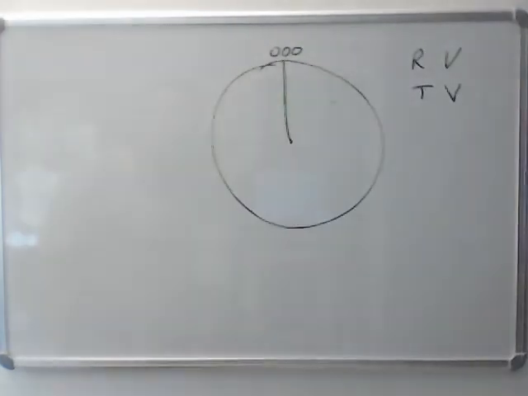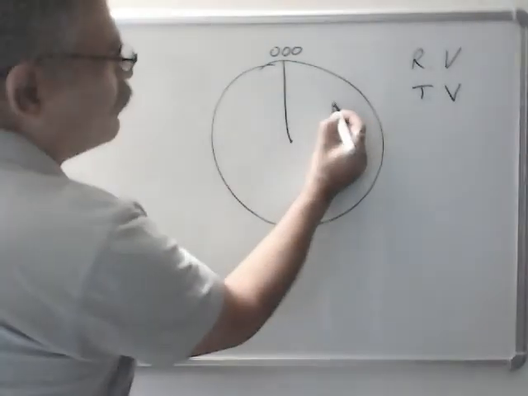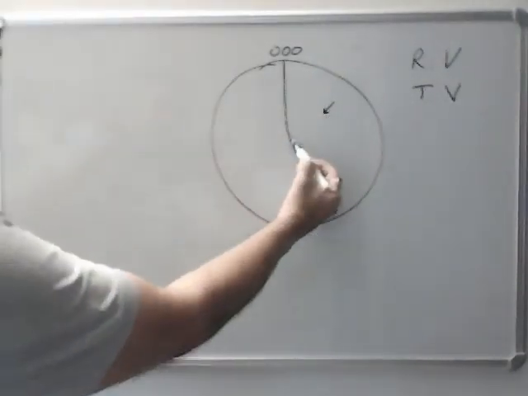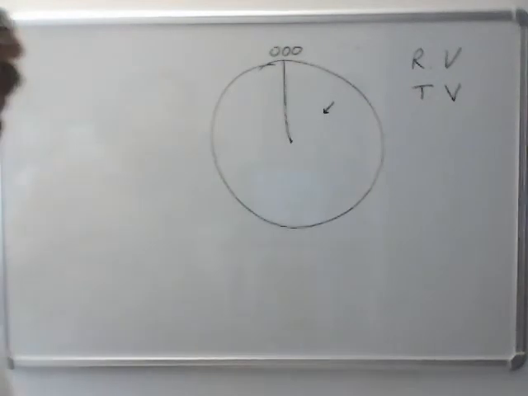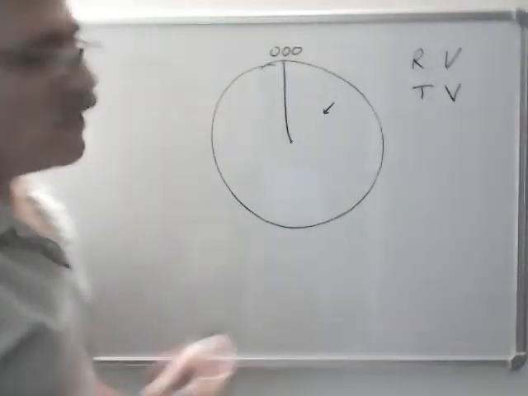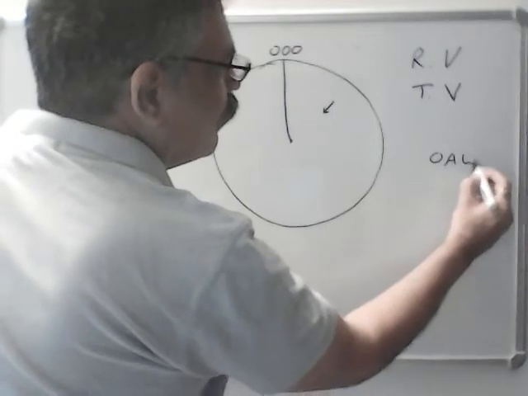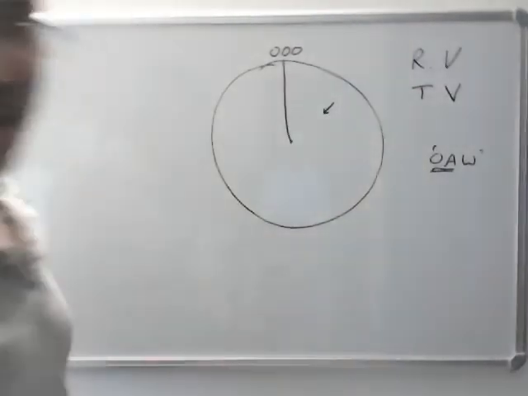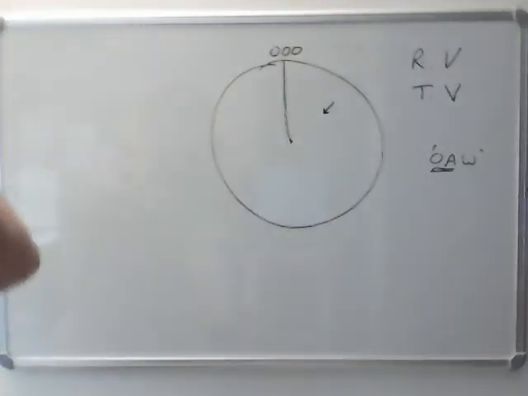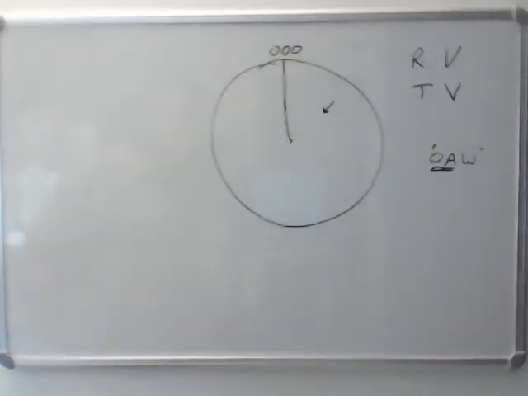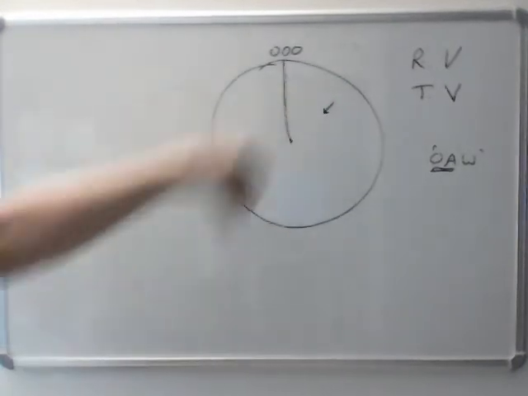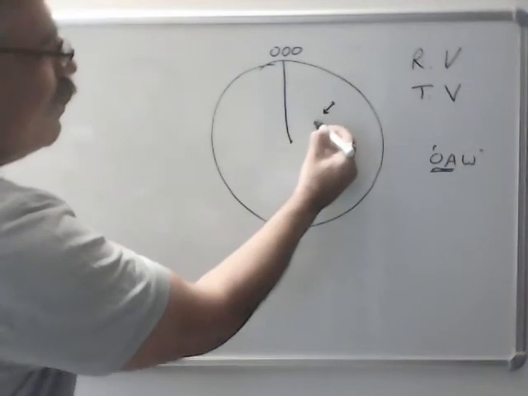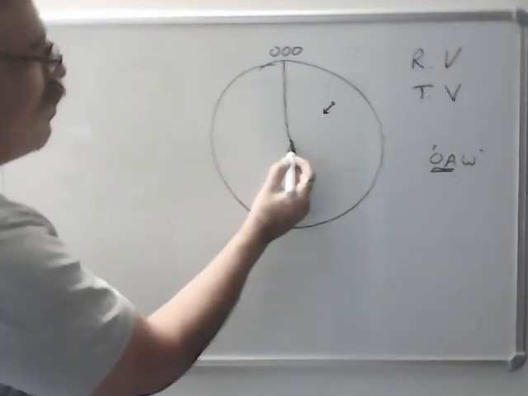Suppose you select relative vector and you get a vector like this, which is pointing towards the center. Now relative vector in the radar plotting triangle, OAW triangle, represents OA. That is the relative path of the target. How the target will move on the radar screen. So the target is here. After some time on the screen, she will come here, then here, and the own ship is always at the center.